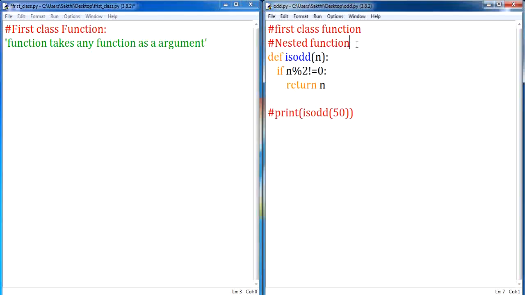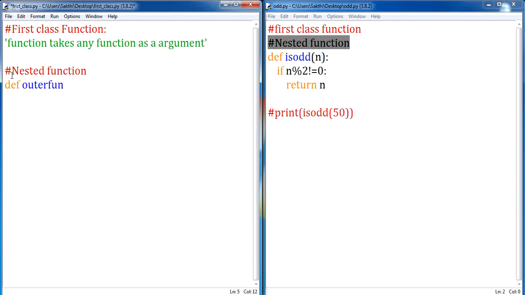What is a nested function? A function inside a function is called a nested function. Let me declare a function with def, and for our clarity let me give the function name as outer fun, and in this function let me initialize a variable name and give the value Sugan. And I am going to declare one more function inside this function, the name of the function is inner fun, and this particular function contains one more variable name, and let me give the value Shakti. And I am going to print the value, print name.